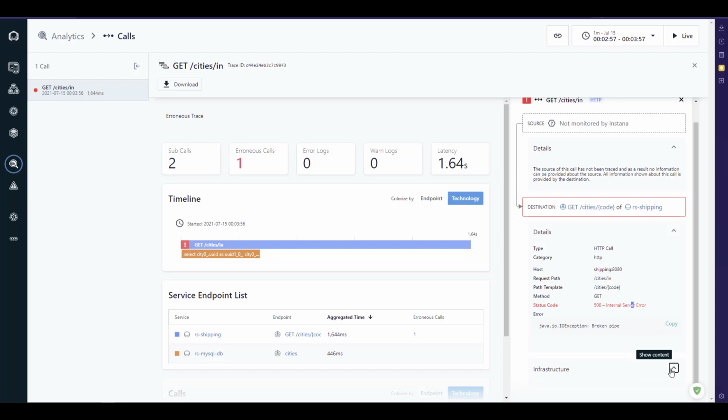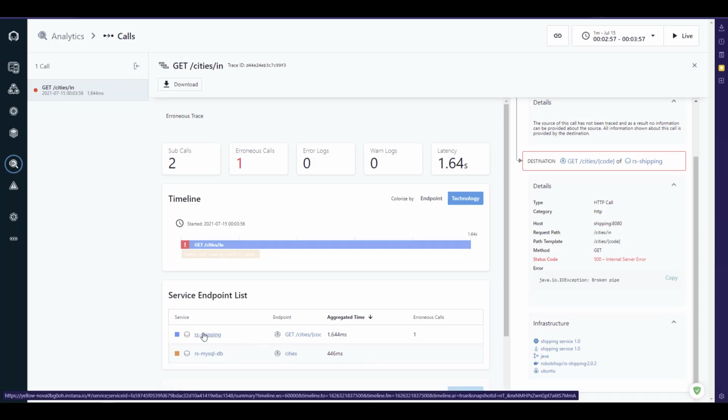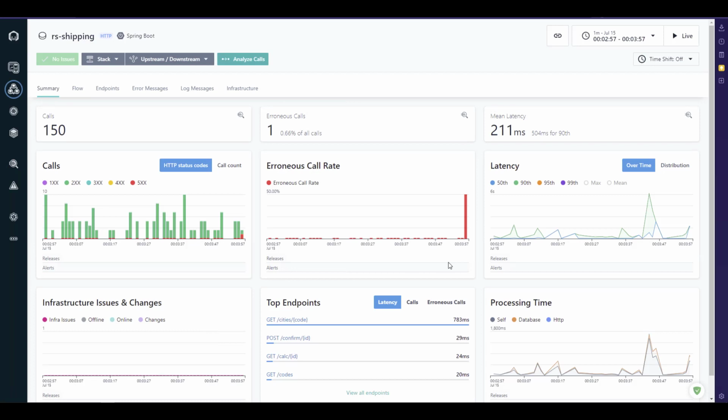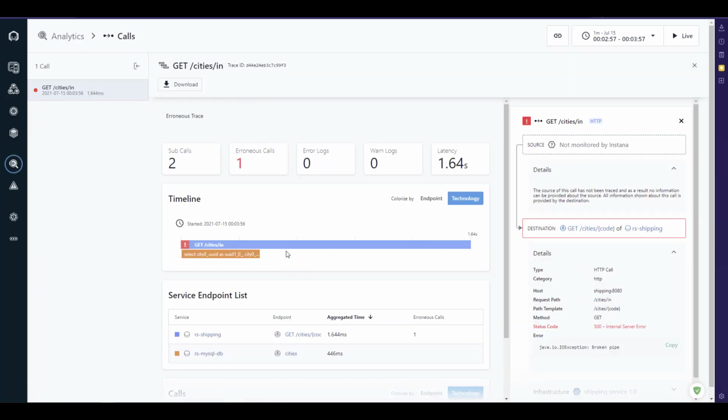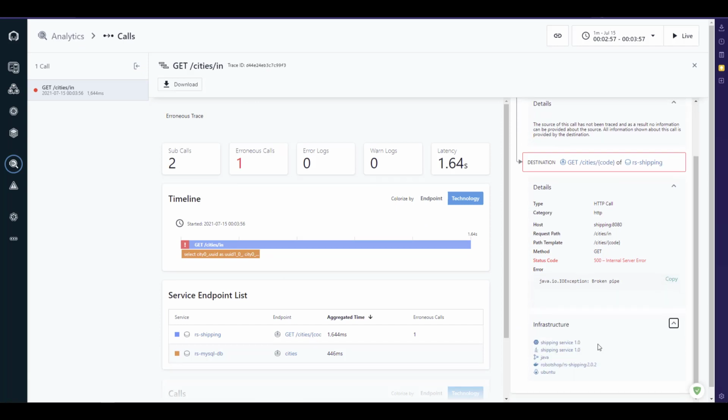And if you expand this particular infrastructure, you can see which is causing the issue. So this is the beauty of Instana Analytics. Here if you just select this particular service, say RS shipping, again it will take you to the dashboard for RS shipping.